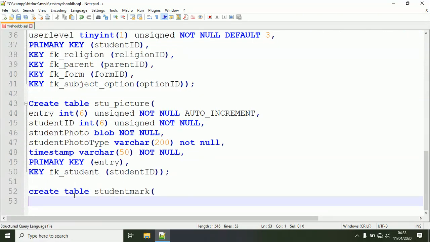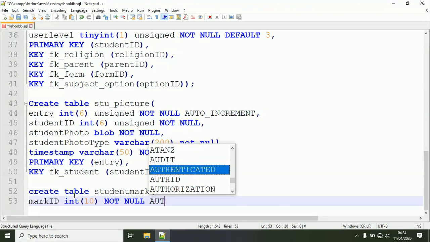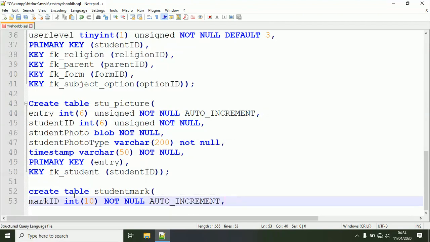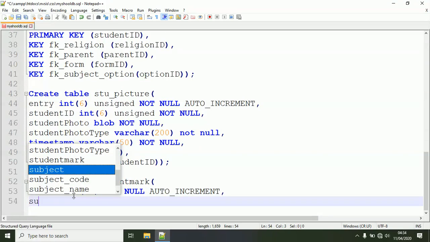The first one here is mark ID. Mark ID can be an integer up to 10 digits, not null, but auto increment. Now also have the subject code,